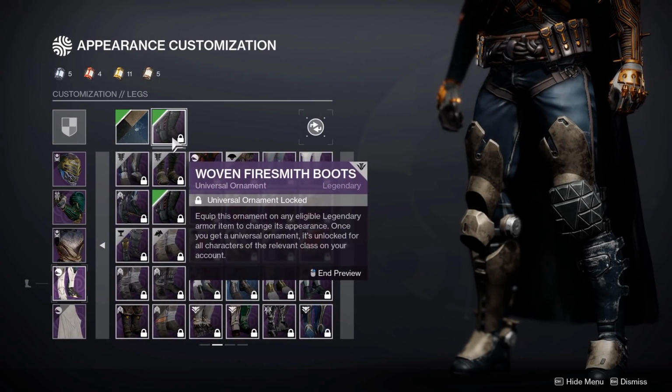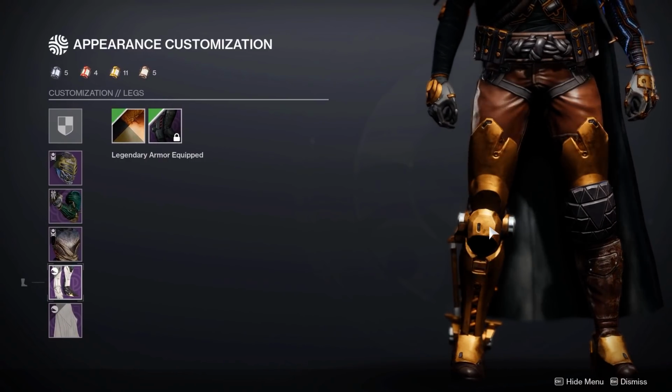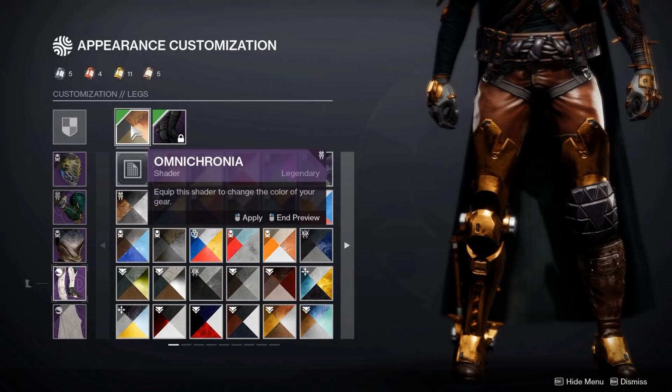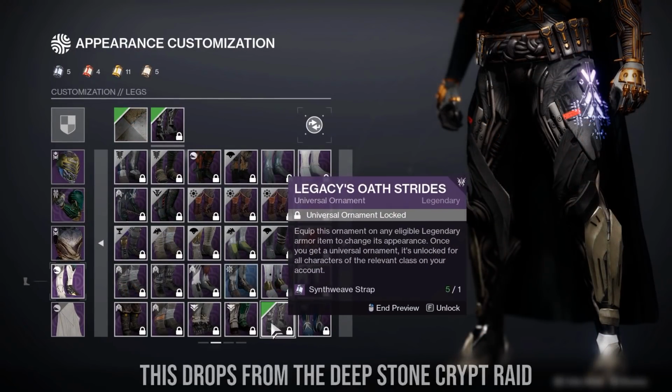Then here we have the Woven Firesmith. So this is actually from World Drops right now. Like I showed you the other pieces, this is going to be great for a steampunk look. If you pair with the Lightkin vest and maybe the Tangled Web arms, you can create a really unique look with that. Then next we have the Legacy Oath